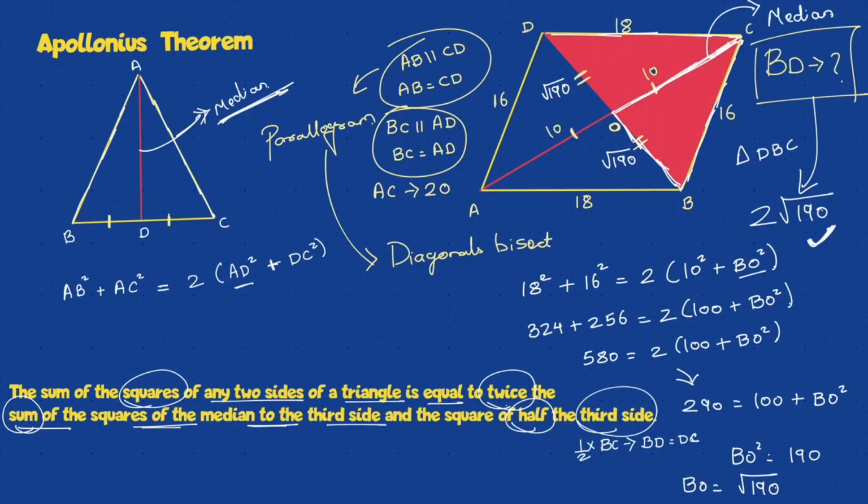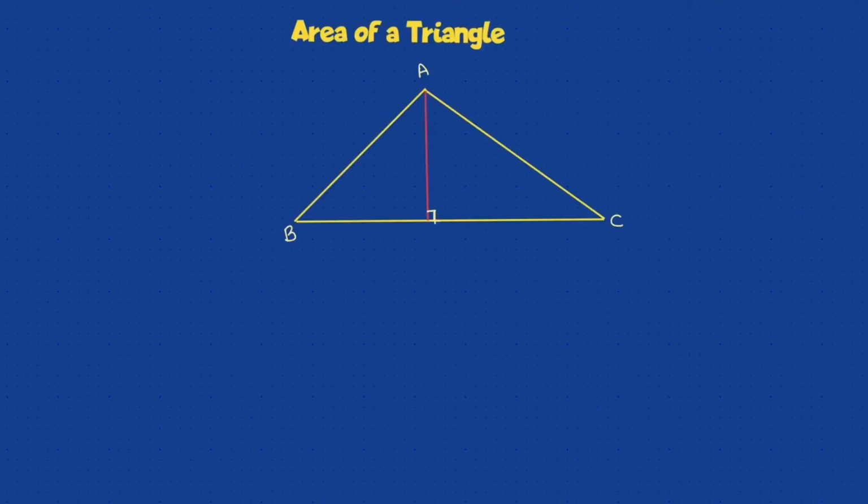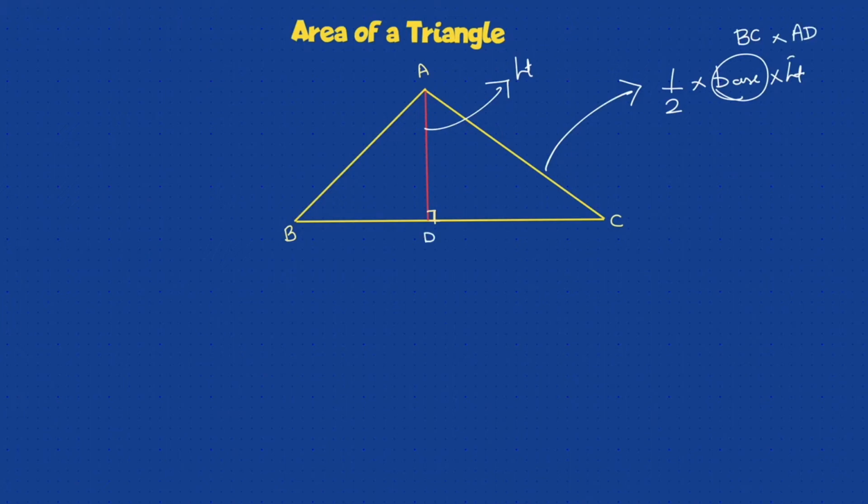So after theorems, we move on to a new concept of area of triangle. Let's see how many formulas there are to find the area of a triangle. First basic formula: we all know this is one triangle ABC which is given to us. The formula is half into base into height. What will be the height of this triangle? Height always in geometry is the perpendicular, and that will be AD. So half into BC into AD, half into base into height, and height is always your perpendicular. First formula for area of triangle.